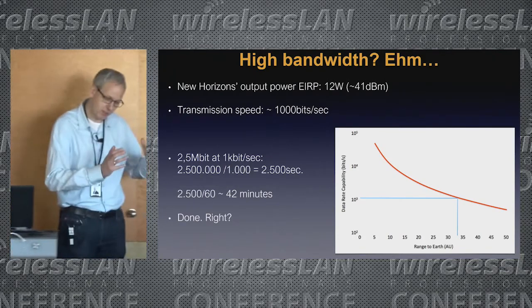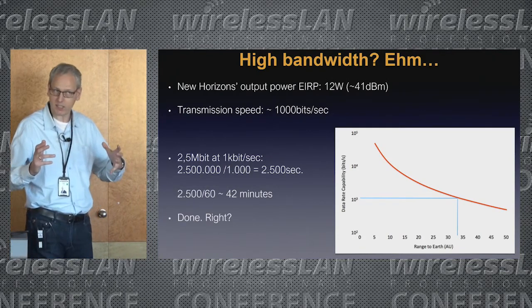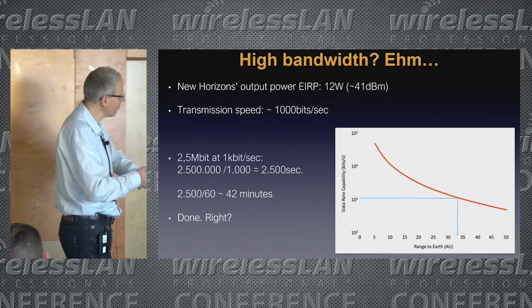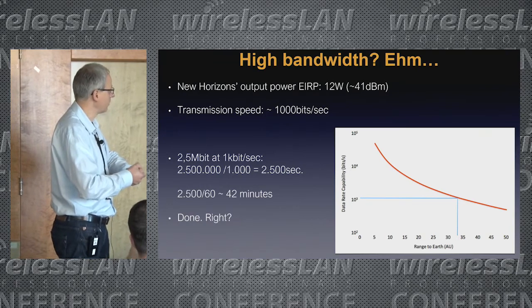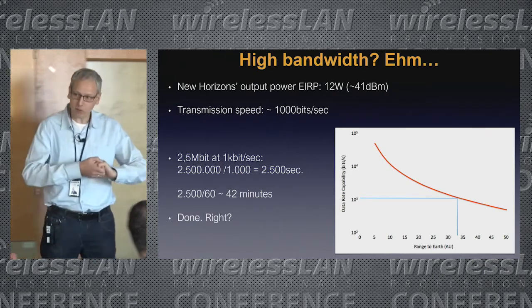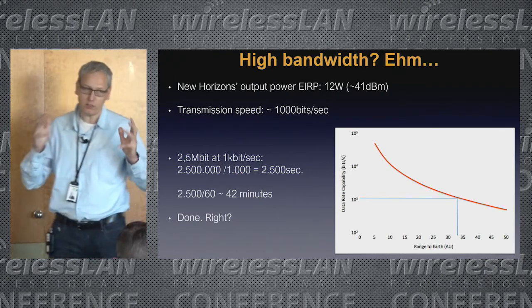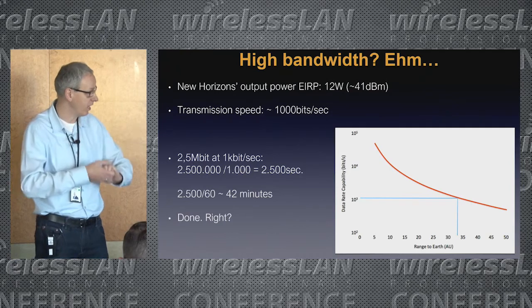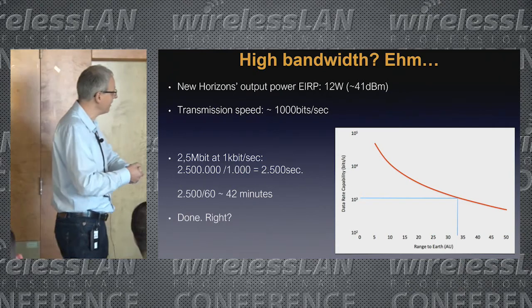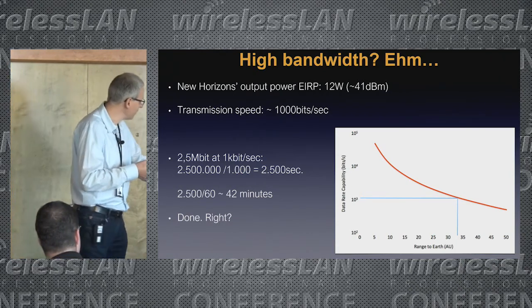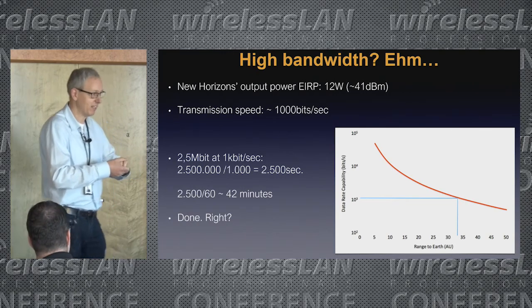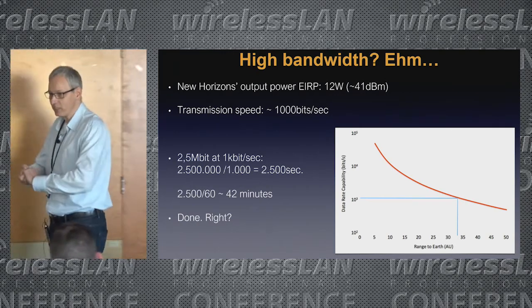Now, if I look at something more recent, which is the New Horizons satellite that was launched to take pictures of Pluto, it had a 12-watt transmitter, around 41 dBm, and it had a transmission speed of around 1 kilobit per second. Now, an average picture of one of those satellites is roughly 12.5 megabits. And they got a really good zip file in there, and they compress it down to about 2.5 megabits, which calculates down to 42 minutes to get it transmitted. So next time you say my network connection is slow,